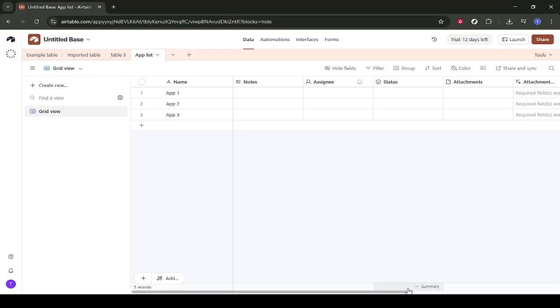In today's video, I'm going to teach you how to create a dynamic dropdown in Airtable. To follow along, start by opening your Airtable workspace and heading into the base you want to work with. In this example, I'm using a base called App List, but you can use any base that has at least two tables, one that will hold the master list of options, and another where you want to use those options